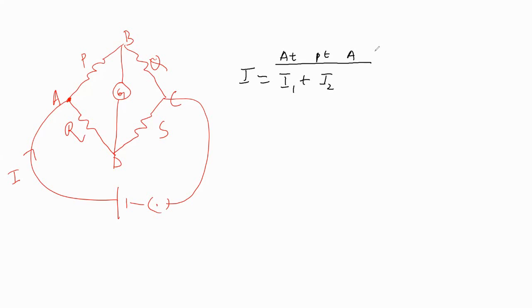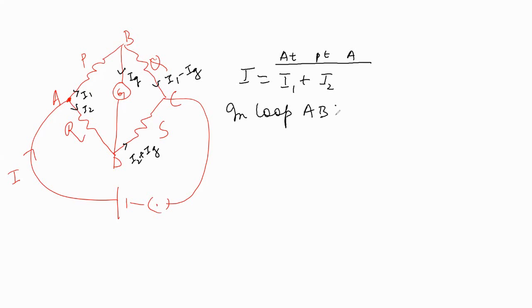Okay, because current coming is positive and current leaving is negative. Now current leaving, I have already made the figure here. This was your I1 and this one was your I2. This was your IG. This was your I2 plus IG. And this one was your I1 minus IG. Now for loop ABDA,